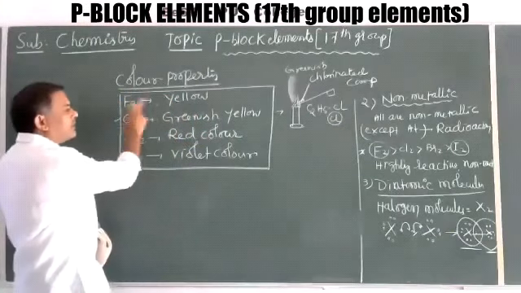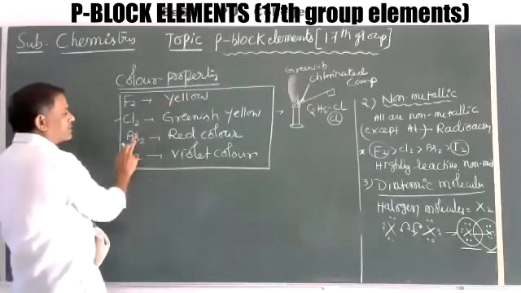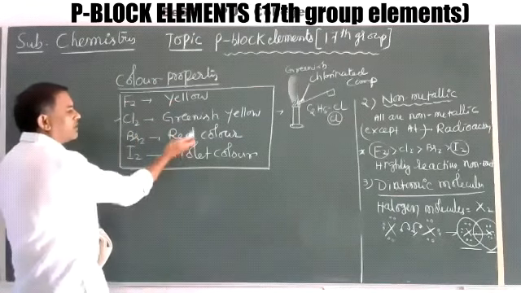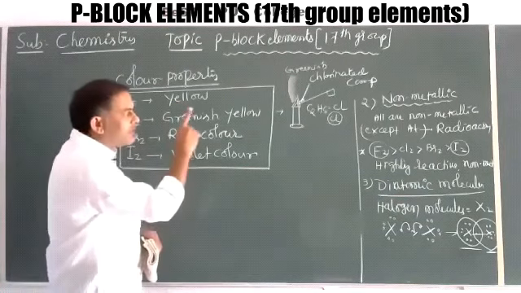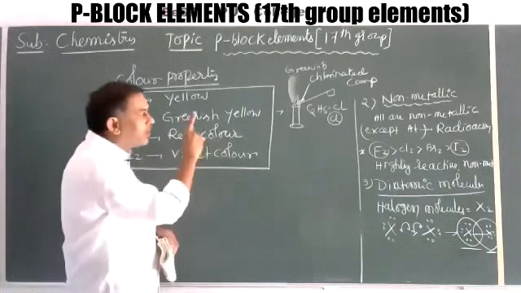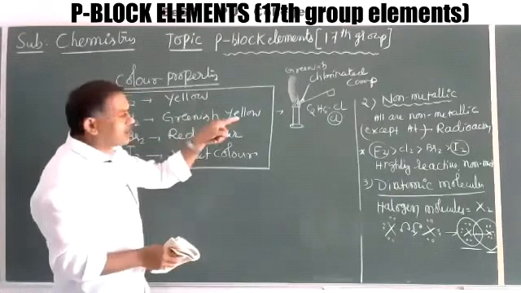If it is fluorine, yellow color. If it is bromine, reddish brown or red color. If it is iodine, violet color is imparted. That is one of the most important preliminary tests to identify what type of halogens are present in that organic or